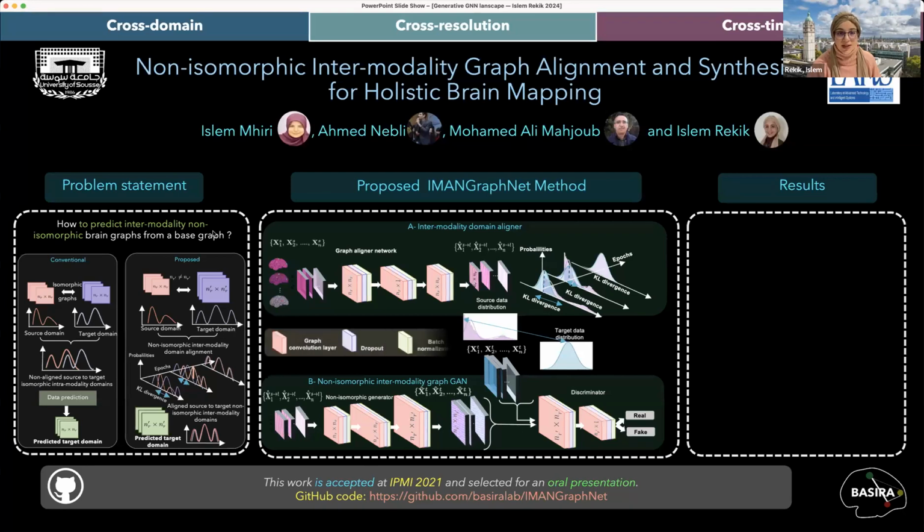If you're not familiar with GCN, the idea is very simple. You just apply convolution to each node of the graph, and then you do some aggregation, and this allows you to aggregate embeddings through the local neighborhood of each node. Then you update the embedding of the current node using itself and its neighbors. Here, in this Iman GraphNet, we use a graph convolutional layer, one layer, so one hop,